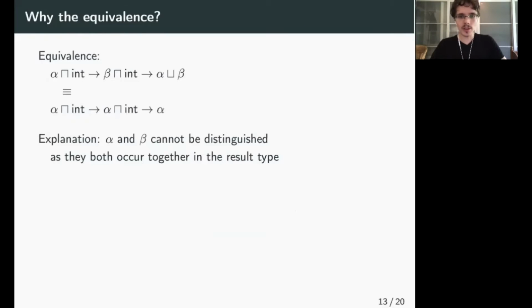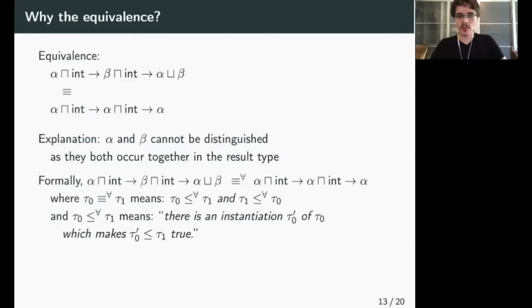Formally, the subsumption relation between two polymorphic types can be used to reason about the equivalence of simplified and unsimplified types. To show that one type subsumes another, that is, tau 0 less than for all tau 1, it is sufficient to pick an assignment of tau 0's type variables which satisfies tau 0 less than tau 1. For the first subsumption direction, which is to show that the original type subsumes the simplified type, we can pick